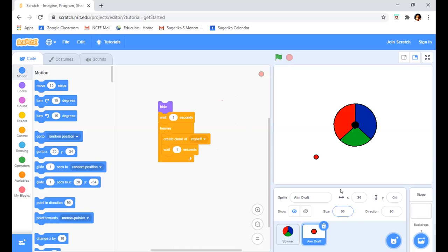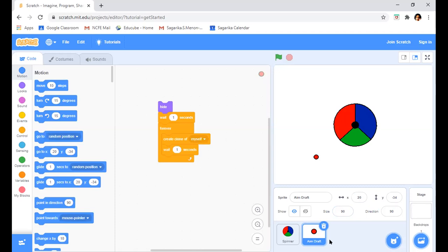First, let's go where there is a create a clone of myself. We have to set, yes Krisha, we have to set myself only there. Yeah, myself, itself. Create clone of myself. Okay. So let's go. Krish, you are able to follow? Yes, sir, I'm able to follow. Okay. Now we'll continue.